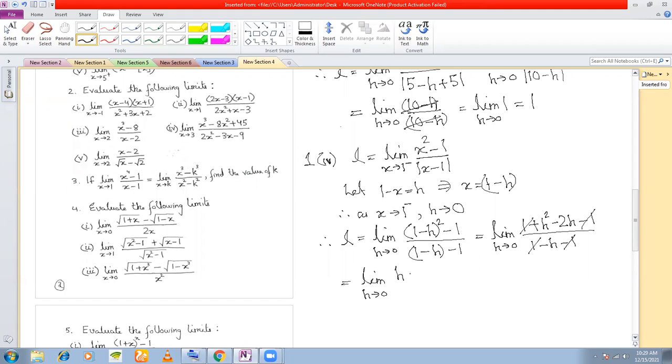From here you take h common, you get h minus 2, and in the denominator you have only a minus h. So what are you getting here? This h and this h cancel. So you're getting limit h tends to 0 minus of h minus 2. Now is this a determinate form? Yes, it is a determinate form. So now you can put h is equal to 0 to get minus 0 minus 2, which is equal to plus 2. And that is the value of the limit. Okay. So at each step, you will have to check whether you are getting a determinate form or not.